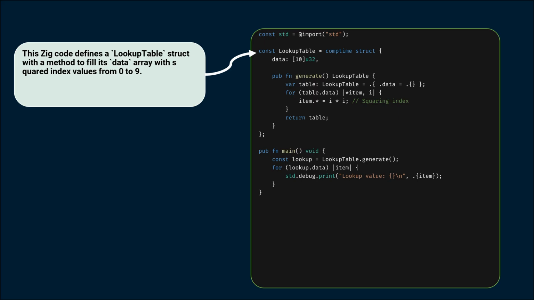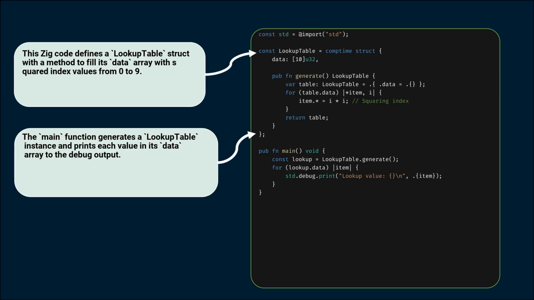This code defines a lookup table struct that leverages the comptime feature to generate an array of squared values. The generate function initializes a lookup table instance, where an array data of 10 unsigned 32-bit integers is created. During the execution of this function, a loop iterates over the data array, squaring each index and assigning it to the corresponding element. This computation occurs entirely at compile time, which means that by the time our main function runs,